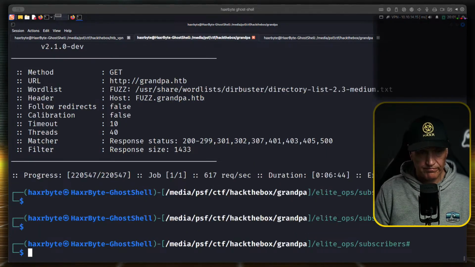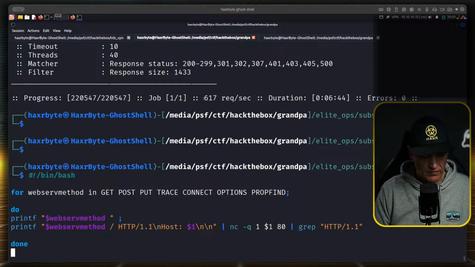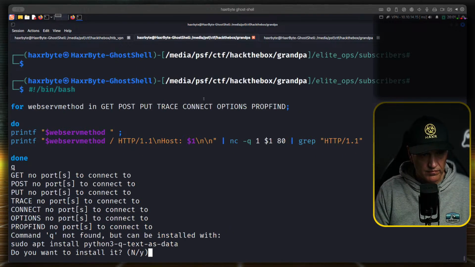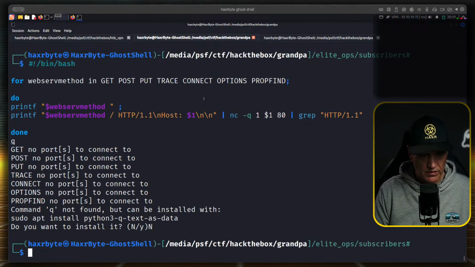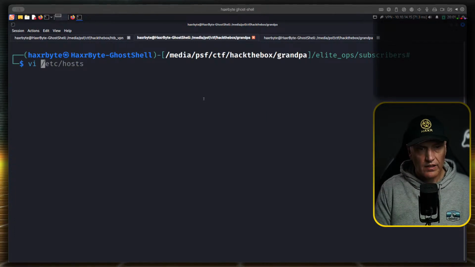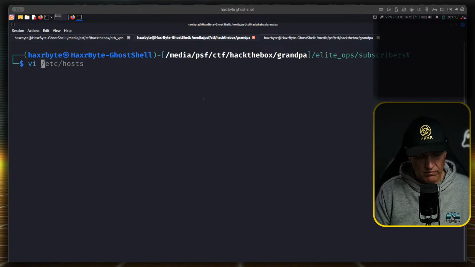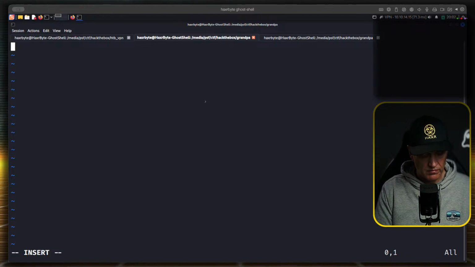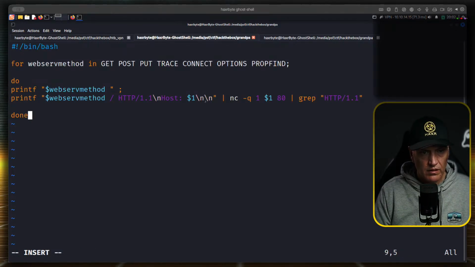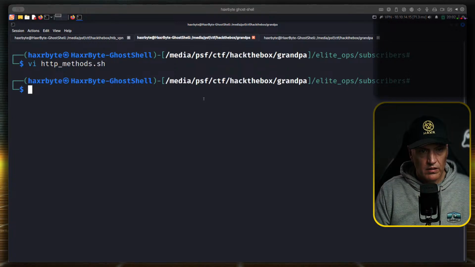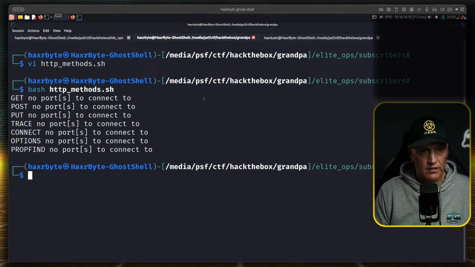While we wait. What am I doing? Okay, let's make http-methods.sh, insert mode. There we go. Okay, let's bash it. No ports to connect to.